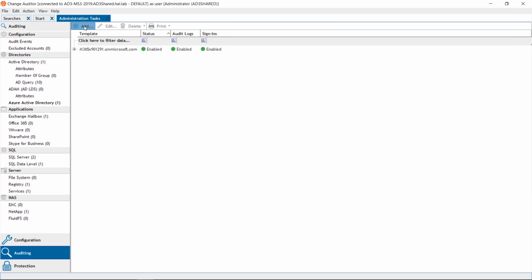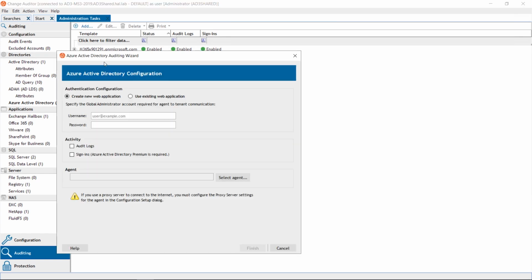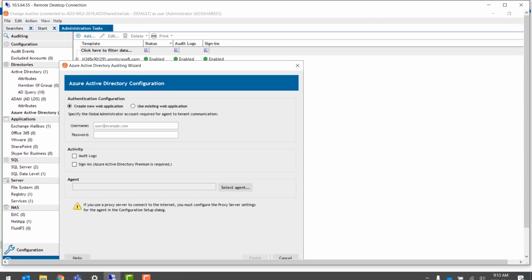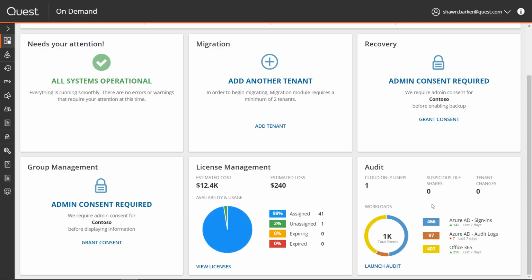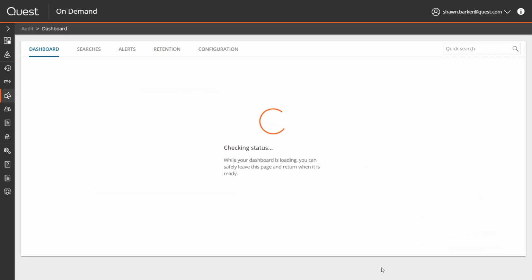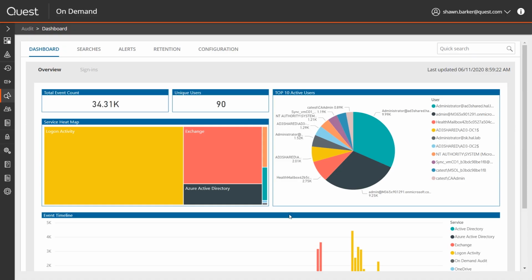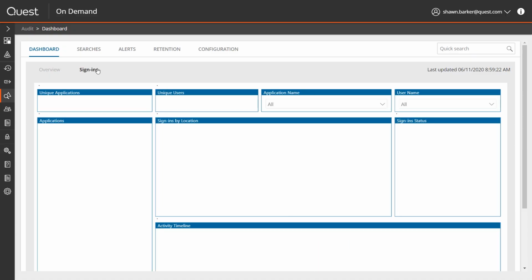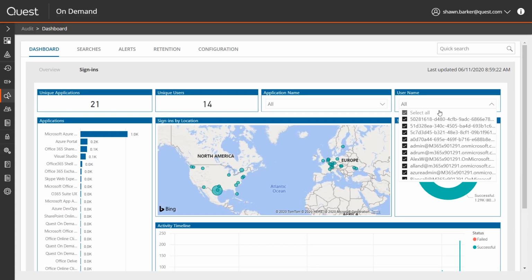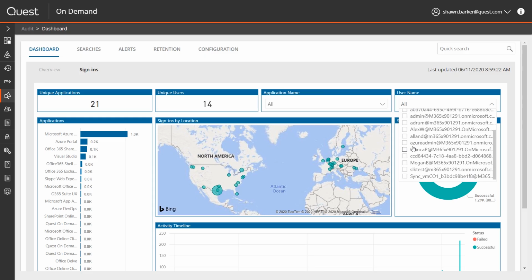Change Auditor for Logon Activity also audits sign-ins to Azure Active Directory. The Azure AD sign-in events can be reported on from here, but I'm going to show how On-Demand Audit, the software as a service extension to Change Auditor, can also be used to analyze this logon and sign-in activity. On-Demand Audit starts with powerful visualizations of all authentications that take place. From the sign-ins dashboard, I can select a specific user to investigate, and all of that user's sign-ins are plotted